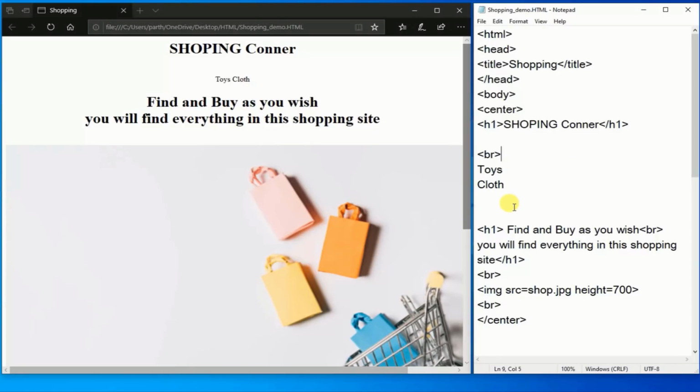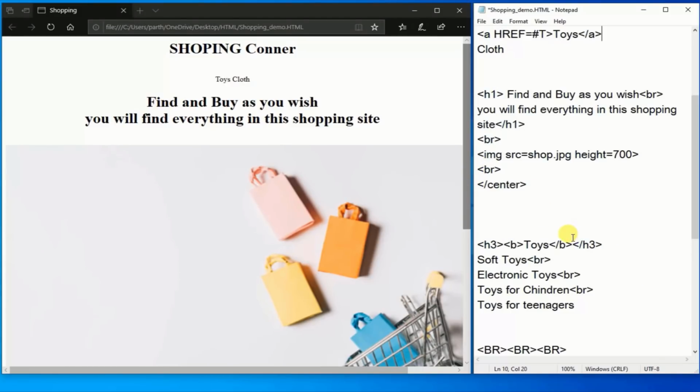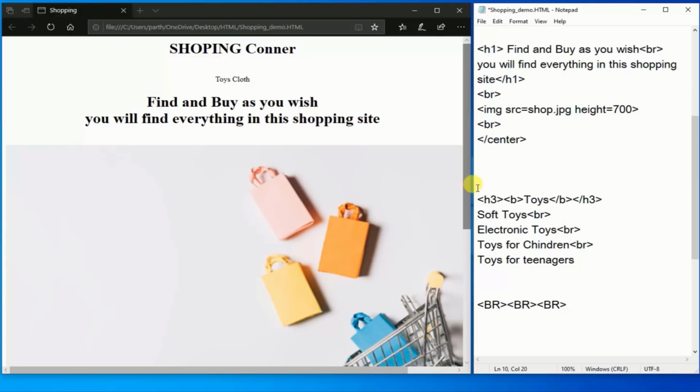So I use an anchor tag on toys and use the href attribute and the value given as hash t. Then close the anchor tag. It means that we make the text toys a hyperlink. Now go to the toy section below and here we use the anchor tag with the name attribute.